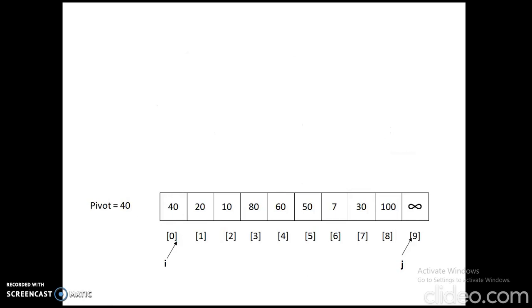As stated earlier, 40 is the pivot element. The main intention of my quicksort algorithm is to place 40 into the original array such that it occupies the final position, which is the same as the final position of 40 in the sorted array. As we can see in the example, the final position of 40 in the sorted array would be